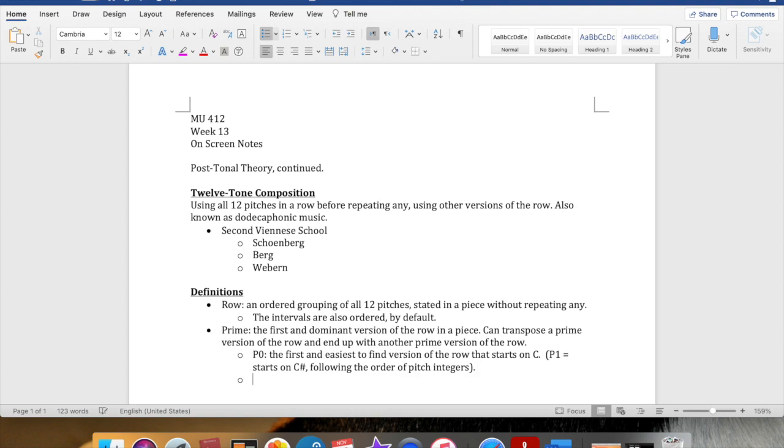But we'll always label P rows according to their first pitch.